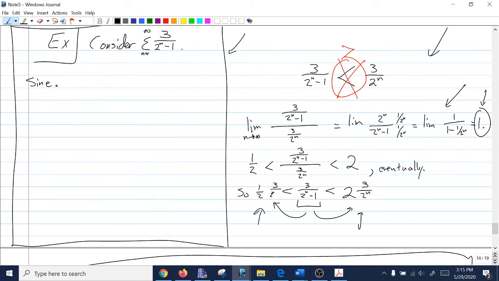Maybe this took me a million steps to do because I take little baby steps. I would like to write out a slick version that is only writing out what's necessary. Since 3 over 2 to the n minus 1 and 3 over 2 to the n are both positive sequences,